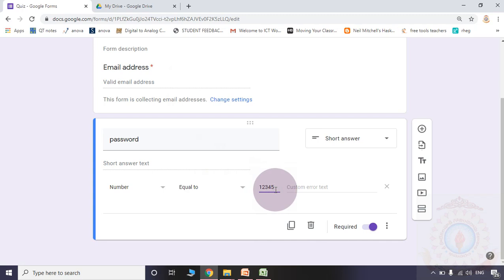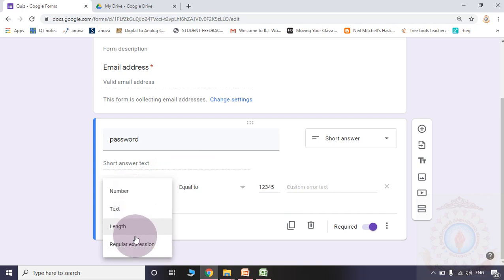The student with roll number 1 is supposed to use the password 1. You give the password 2 to the second student. Similarly, you want to give 10 numbers as passwords to all 10 students. Then how do you set all those passwords in this place?